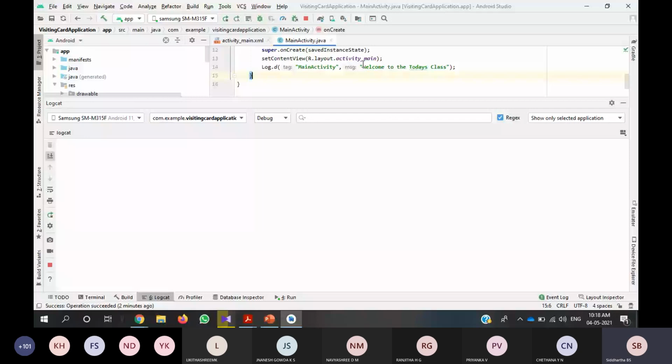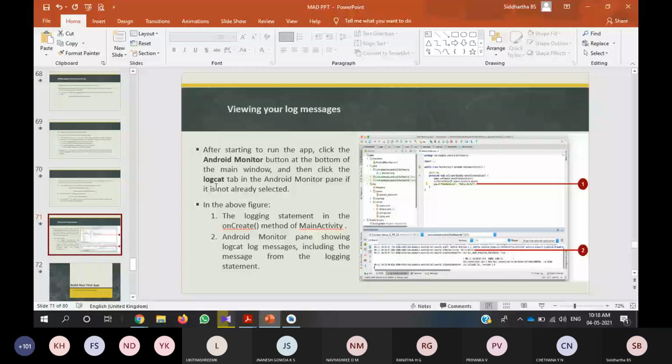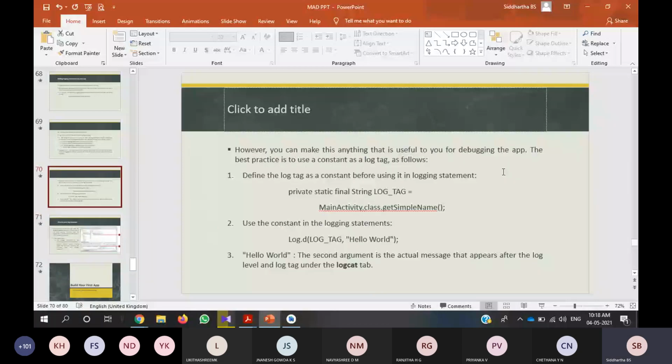And one more thing, you can use constants also. However, you can make this anything useful for debugging the application. So define the log tag as a constant. As I said, you can use the log tag as a constant also.